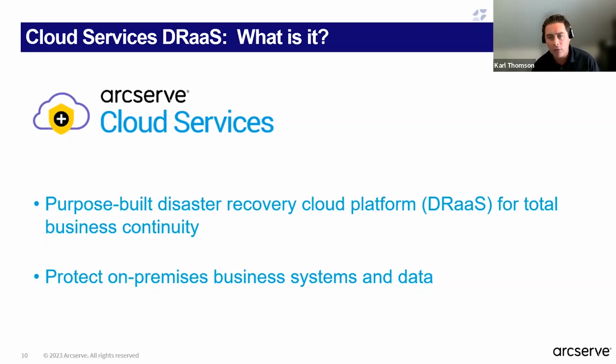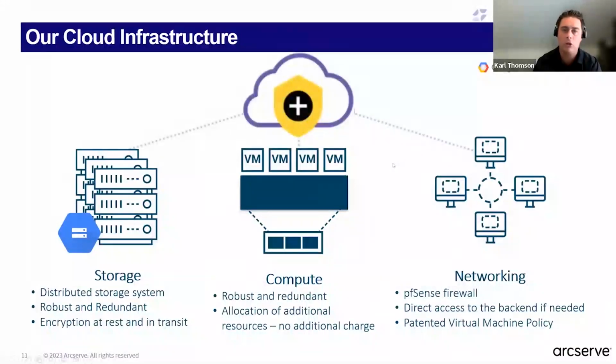In terms of the cloud services DRaaS solution, this is our purpose-built disaster recovery cloud platform for total business continuity. The idea is to protect your on-premise business systems and data, and obviously have it securely isolated and offsite. And with our solution, it is not just offsite storage, it's also giving you included virtualization capability with our premium